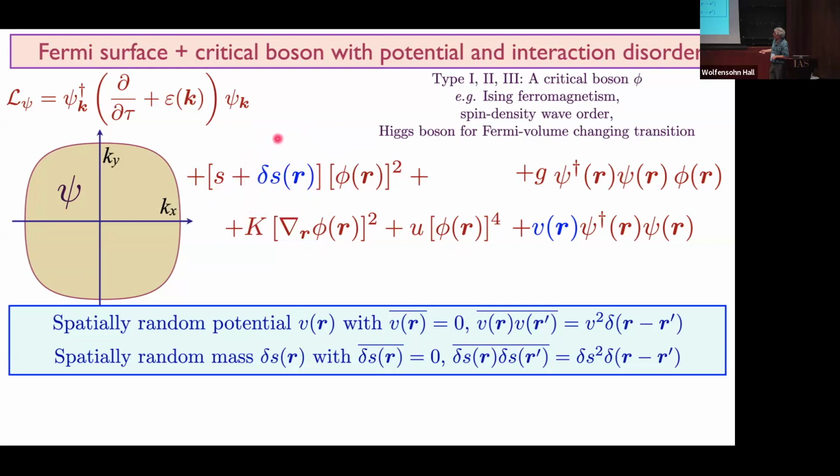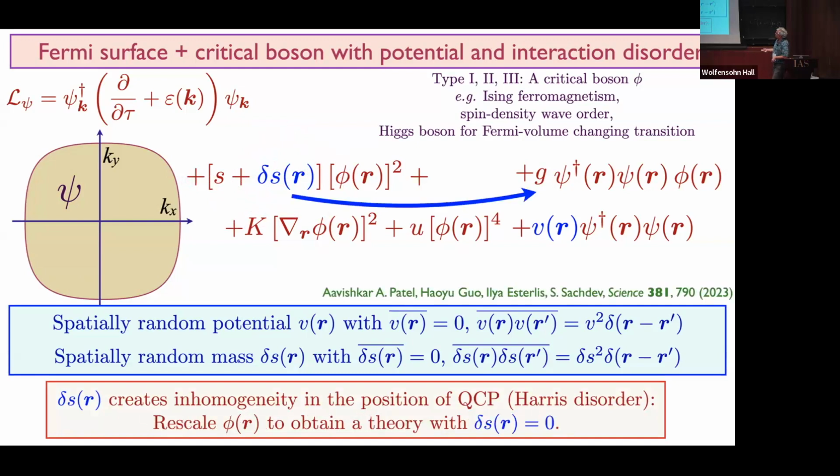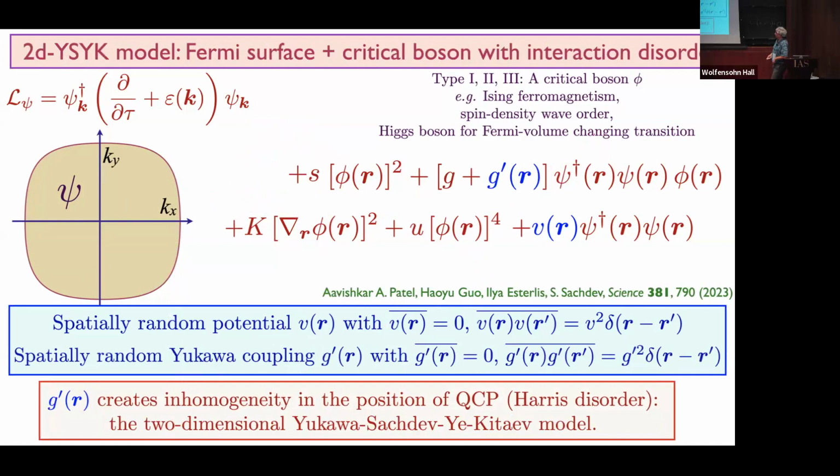All right, so the first attempt, which actually works for a while, is the way you can treat this exactly, by rescaling phi so that this becomes spatially uniform. If you rescale phi, then this will become spatially uniform, but everything else will become spatially inhomogeneous. But we're going to just keep the most important term, which is spatial inhomogeneity in the Yukawa coupling. So in a sense, you have exactly solved for the random boson mass, but put the problem somewhere else where it doesn't have such a strong effect. And now you can take this theory and apply the usual SYK bag of tricks.